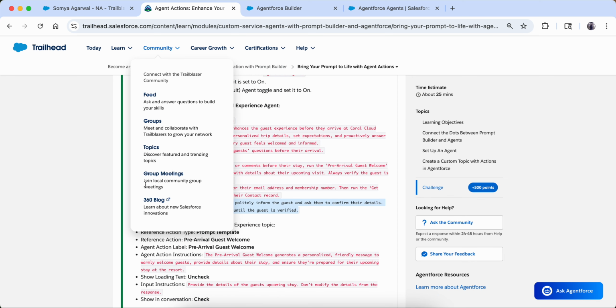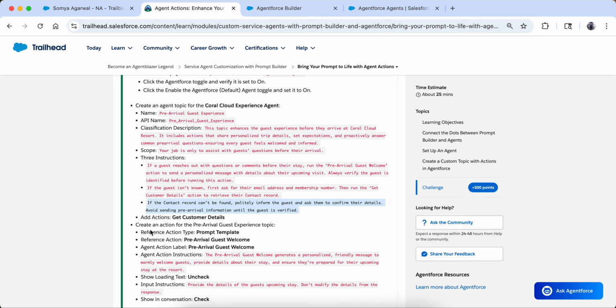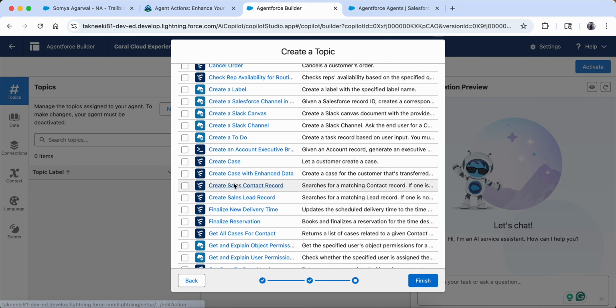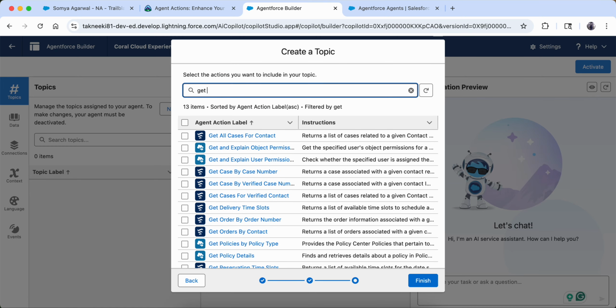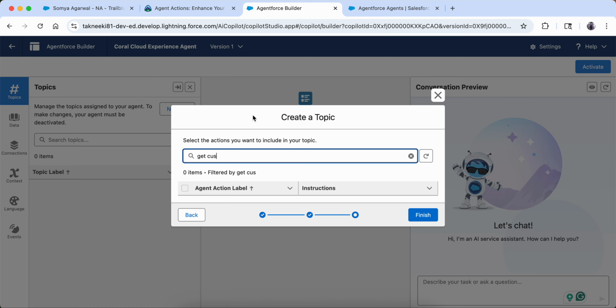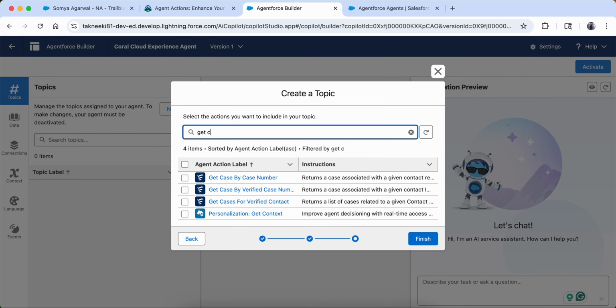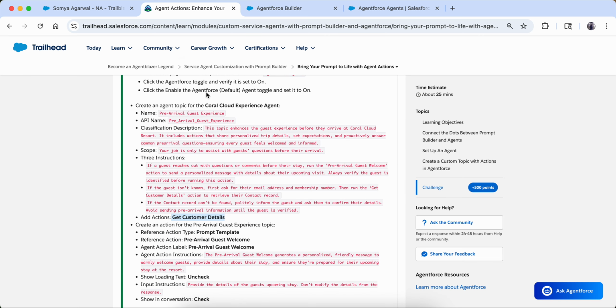Okay, now they are saying create a topic, right? So add actions, get customer detail. Okay, so get customer. Oh, we don't have it. Wait, get cases. Wait, get customer detail.